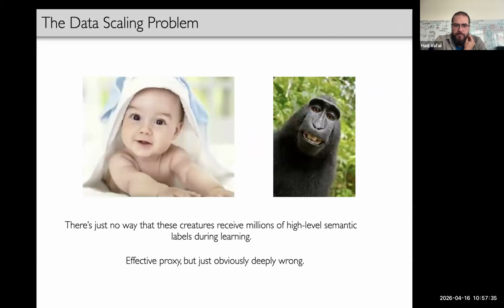But there's this problem that was bothering me from the very beginning. Hani mentioned this before: there's this supervision problem that really bothered me when I first started my lab. Here's an example. This was even before the data scaling problem, back when we were using supervised labels, which was even worse.